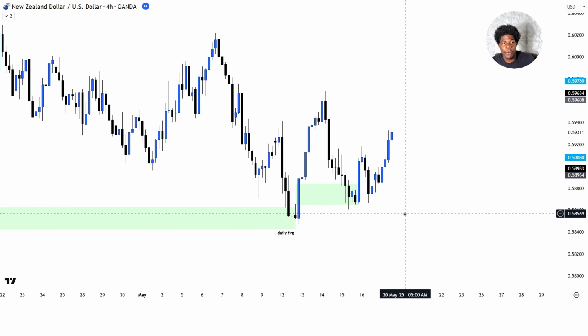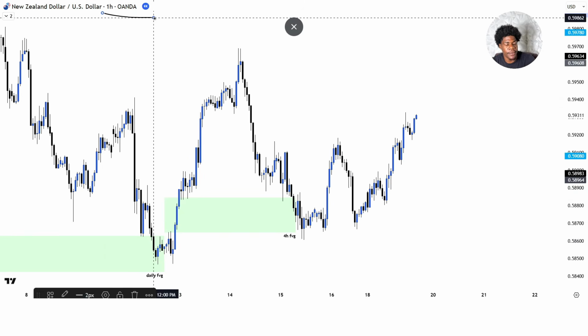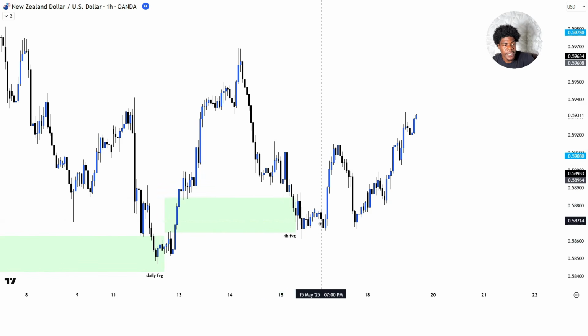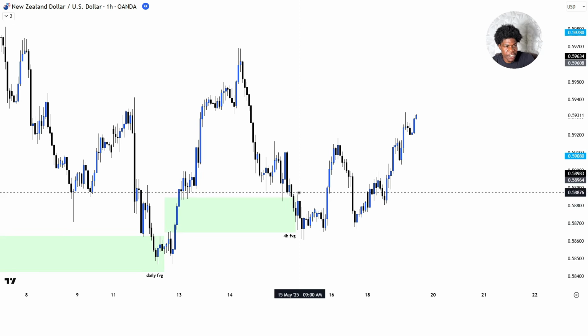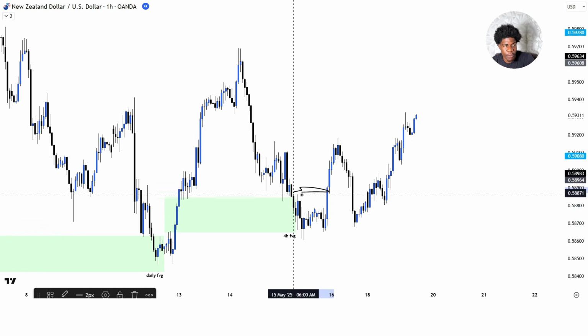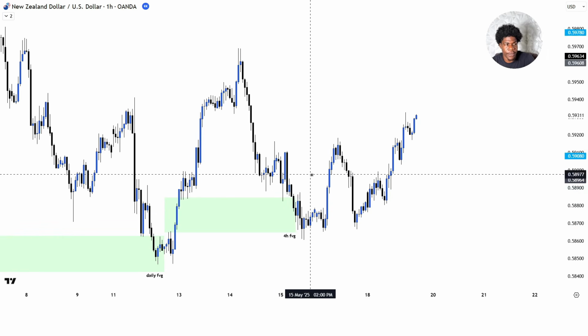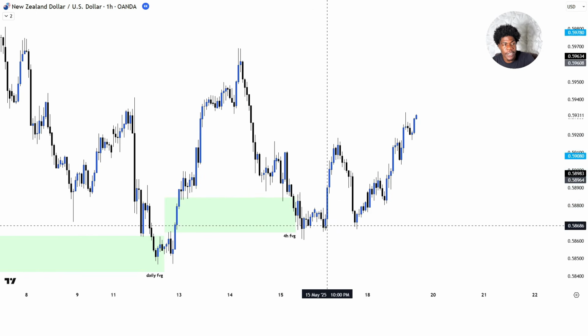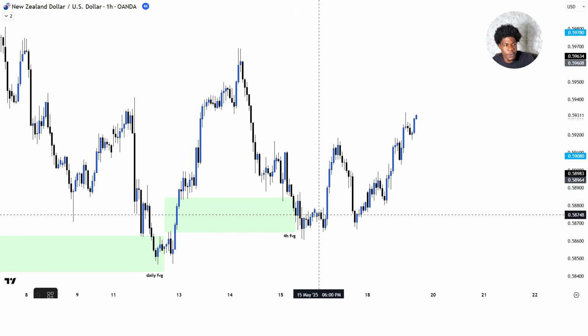Now I'm gonna go down on the 1 hour and the 15 minutes time frames to see even more price action. And now that I'm on the 1 hour time frames, right? We see price push down, mitigate the 4 hour FVG to then push up higher and give us this internal range structure break, which is our market structure shift or the change of character, right? Then we see that price push down even lower once more to mitigate this 1 hour zone, this 1 hour